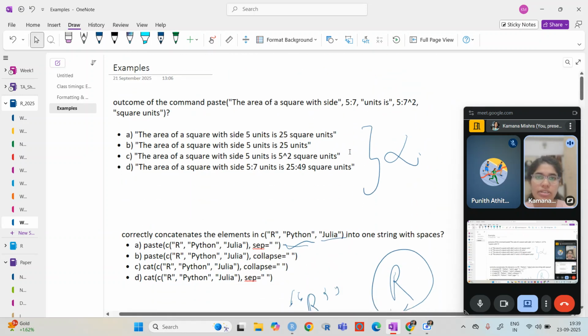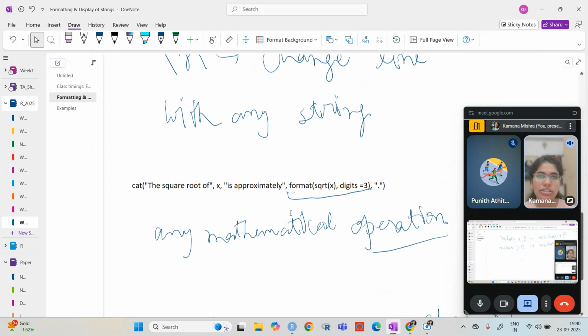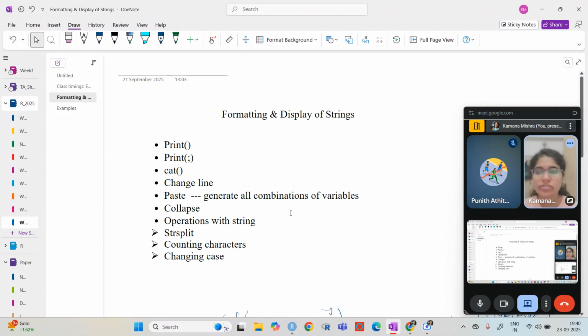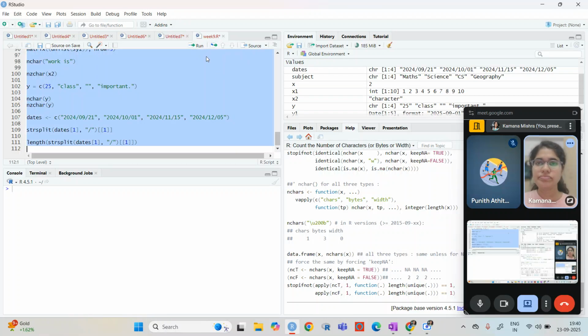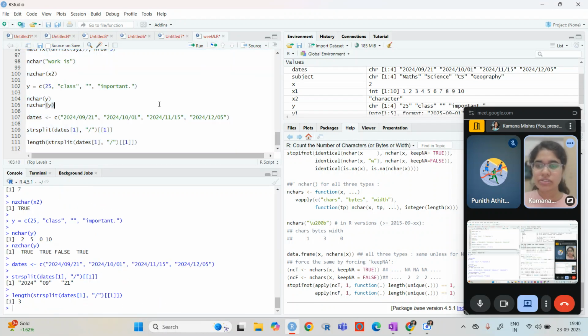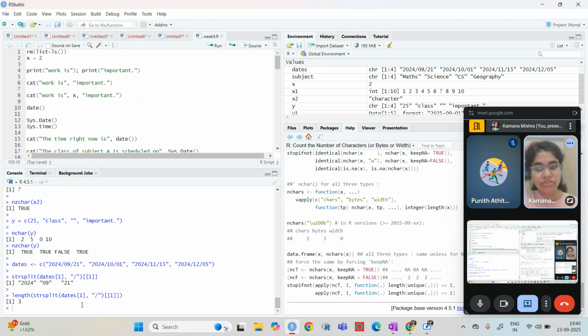Okay, so these are, I think, all the questions regarding today's class. Just as a reminder, we will go through this in one go. The first thing we have seen is that we can make use of this semicolon if we want to print or anything. So I have written this here.